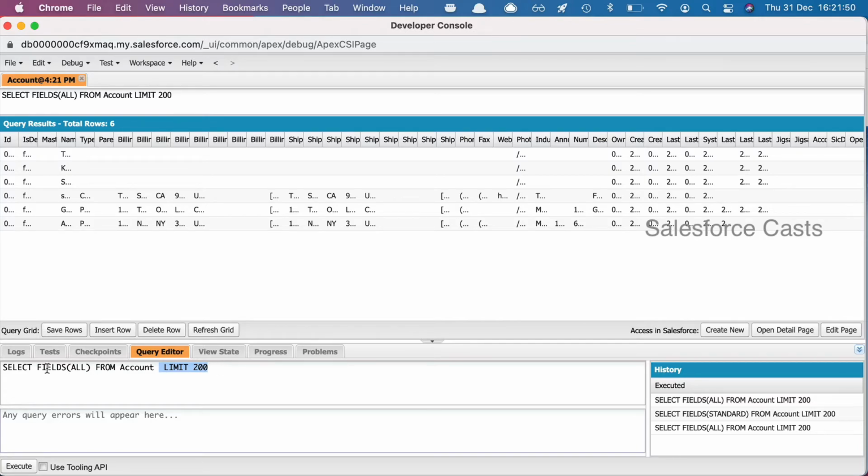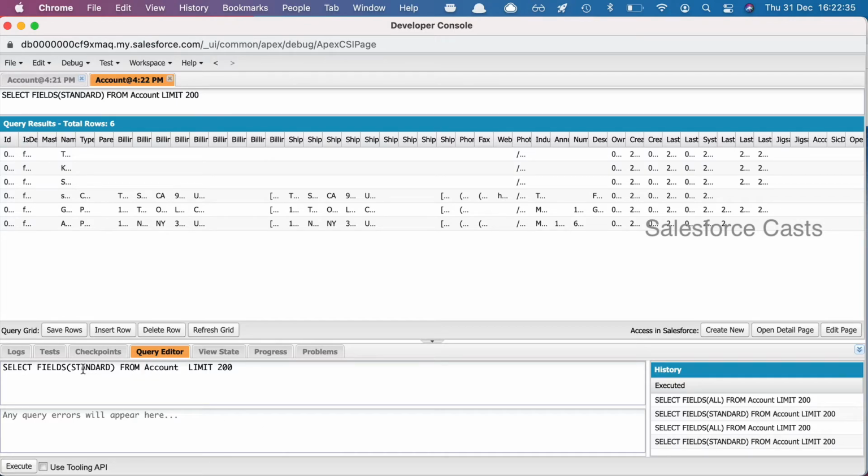Now it's not just that we can fetch a list of all the fields. We can also go ahead and specify to fetch only the standard fields from the object. And the way the query is going to look in that case is I'm going to remove ALL and then I'm going to say STANDARD. Now this notation here is going to make sure that all the fields which are standard from the object Account are fetched. Once again, this limit here has to be applied on top of the query. When I click on execute, the query gets executed and more or less it is going to show us back the same results because I don't have any custom fields in the object Account.